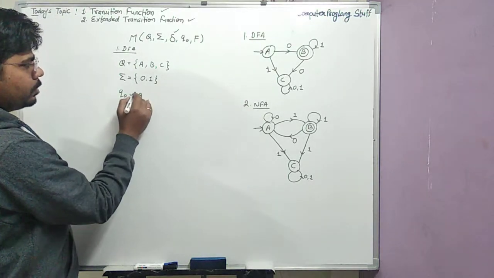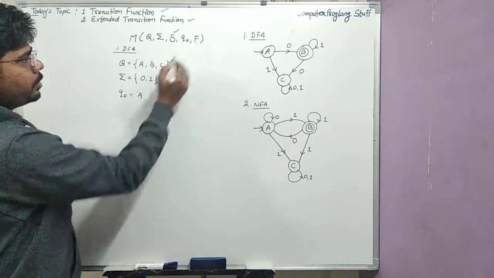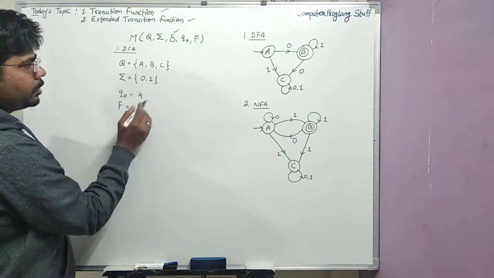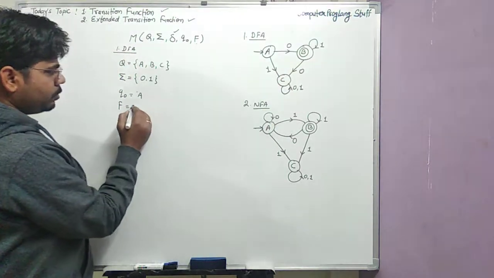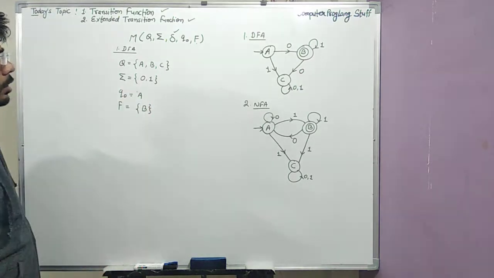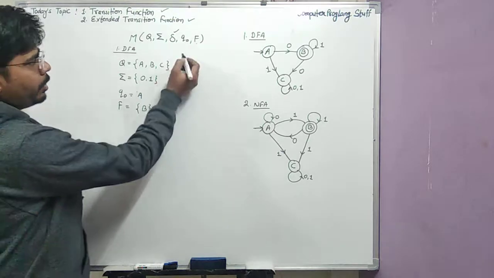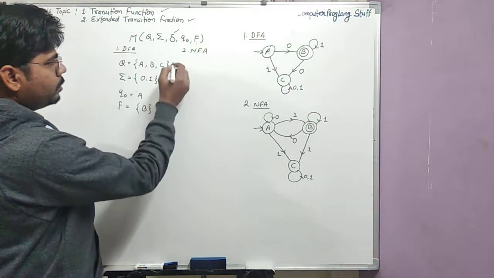And last one is F, and F is the set of final states. So here we have only one final state. So this is for the case of DFA, and for the case of NFA,